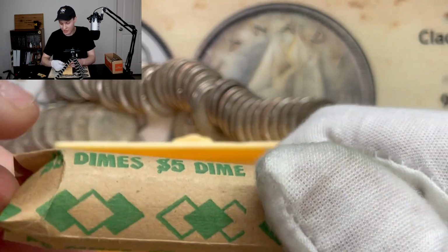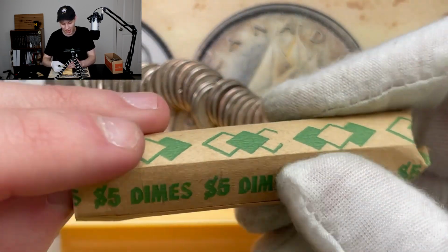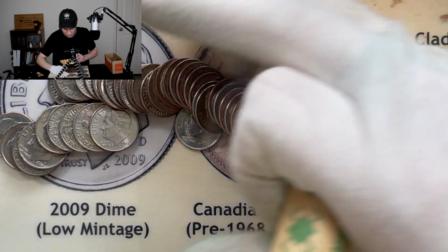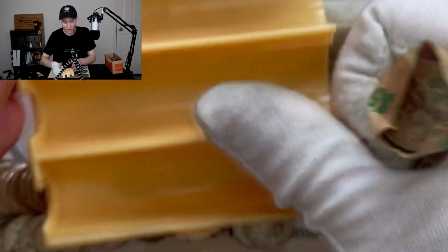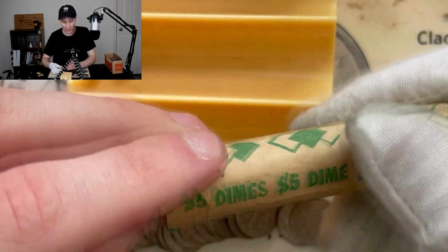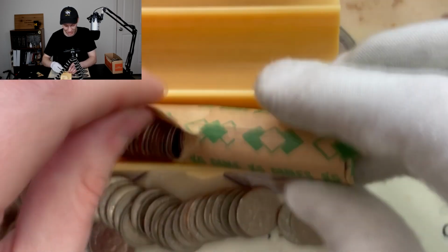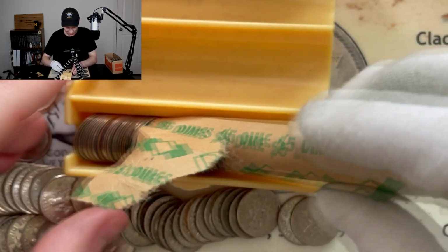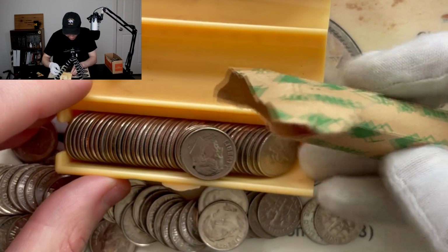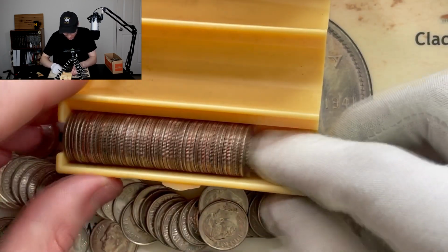And here's our last roll. It's actually similar to the last one, which was like this diamond pattern. And here, let me push these over so we can put this right here. And then we will dump out the rest of these coins and see if we can get another silver, guys. I'm actually excited now. That definitely picked up the pace, based on the last few that definitely weren't super interesting. All right, I think I dropped a couple of them,